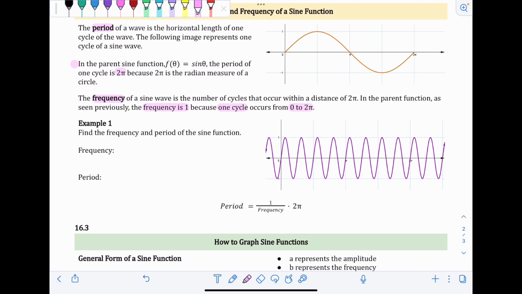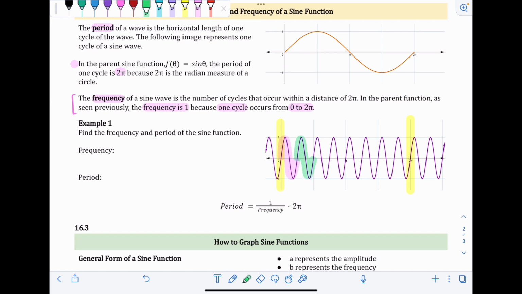So example 1, find the frequency and the period of the sine function. So right here it says the frequency of a sine wave is the number of cycles that occur within a distance of 2 pi. So if we look at the graph, I know it's kind of small, but 0 is right here, 2 pi is right here. So we want to figure out how many repeating rotations are happening. So starting from here to here, it goes up, goes back down, and then back to the starting point. So that's 1,